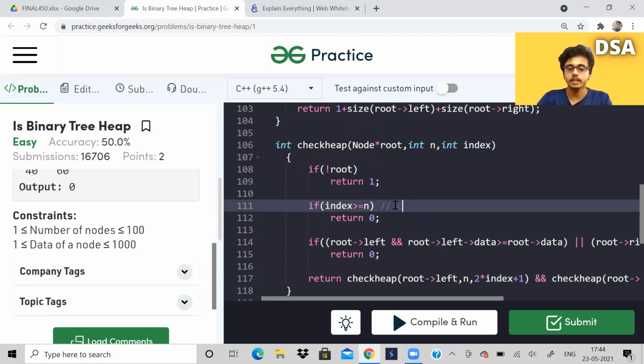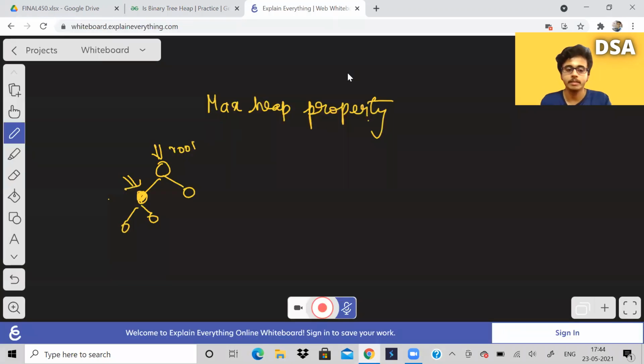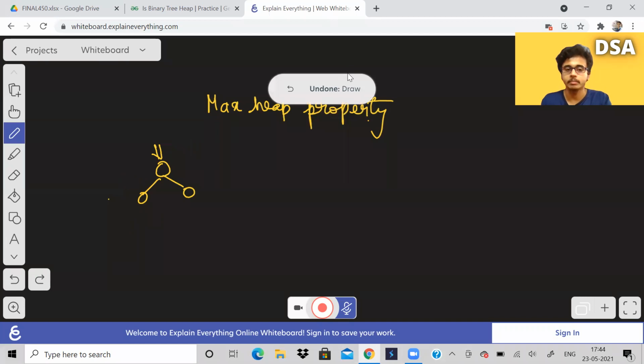So I'll write here, this is for checking complete binary tree or not. How is it checking? What is exactly happening? Let us take an example and see. Now I'll explain with an example.